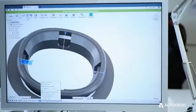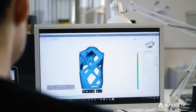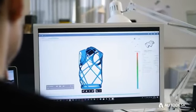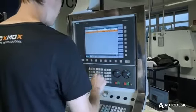Autodesk software and Fusion 360 gave us a big advantage in the development process. You have a parametric design software which functions very well for us designers. Then you have a generative design process to develop efficient products. And then you also can implement G-codes for CNC machining to make